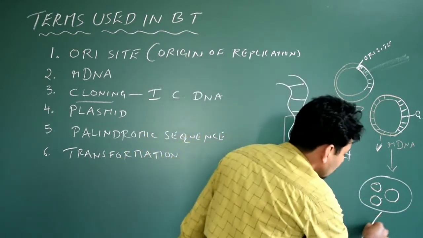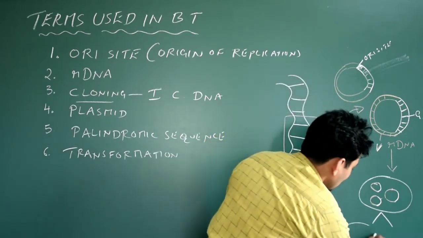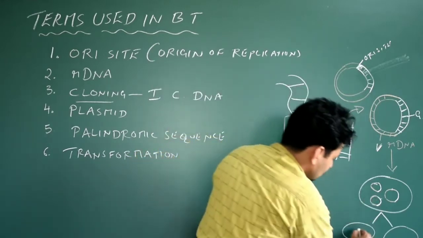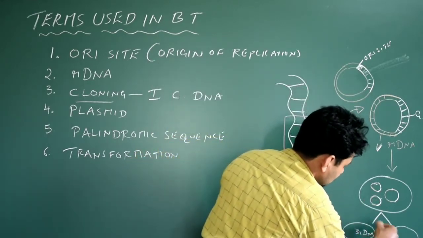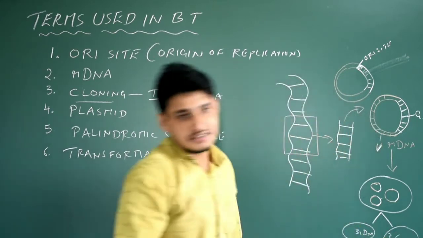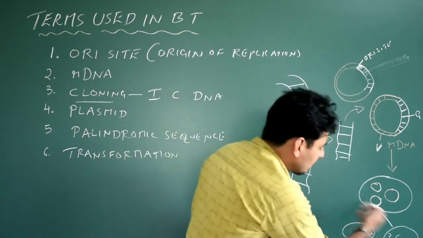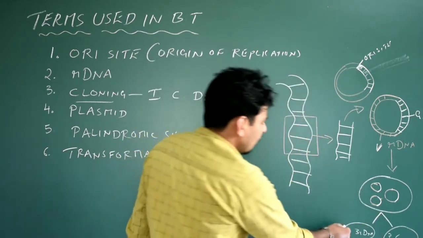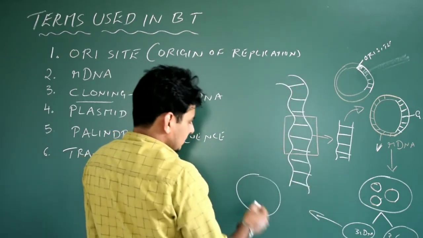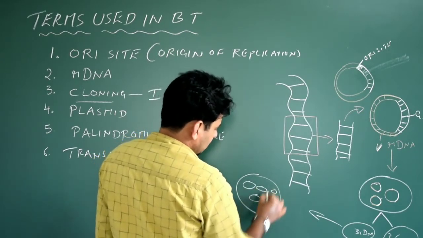And after that, what's going to happen? I have got 3 rDNA now because of the cloning mechanism. At the same time, after 20 minutes, this E. coli divides. So 3 rDNA goes to this one, and 3 goes to this. That's it. Got it? So that means equal sharing of the recombinant takes place. Again, the number increases. After 1 hour, I have got around 40-50 E. coli in a Petri plate.